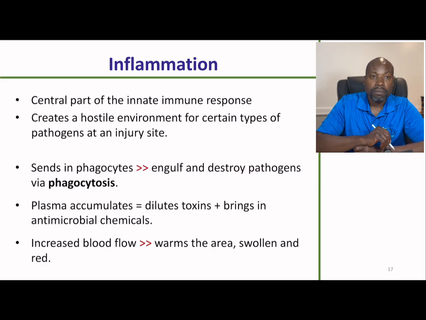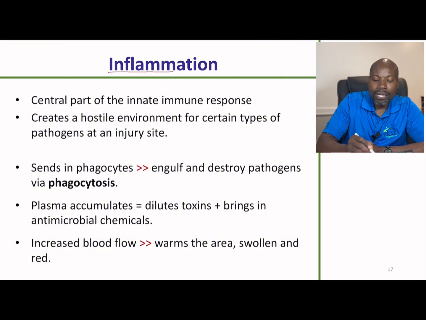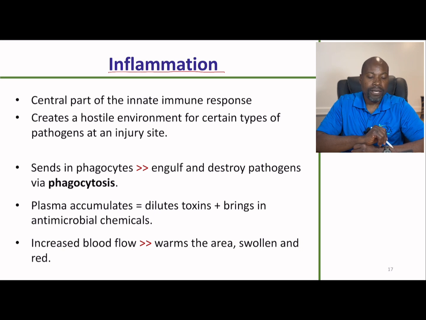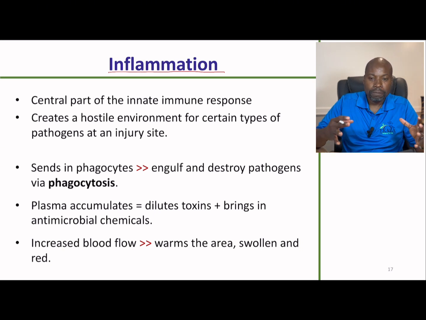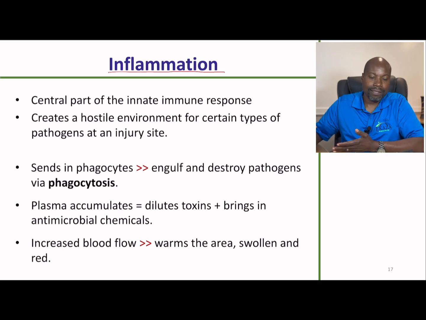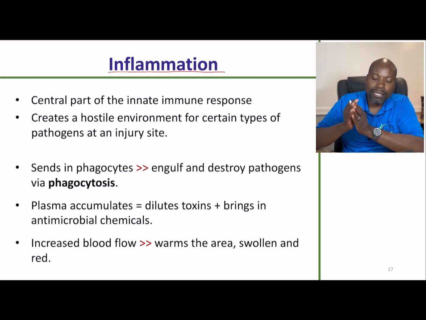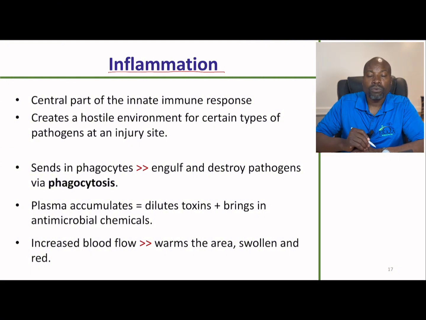Now, the second aspect of the second line of defense is going to be the inflammatory response, or inflammation. Inflammation is when there is a breach. You have a number of components of our tissues that were at one time internalized that are now exposed, right? This is going to trigger a whole cascade of events, right? This cascade of events is going to be very characteristic of inflammation, including, for instance, redness on the skin,